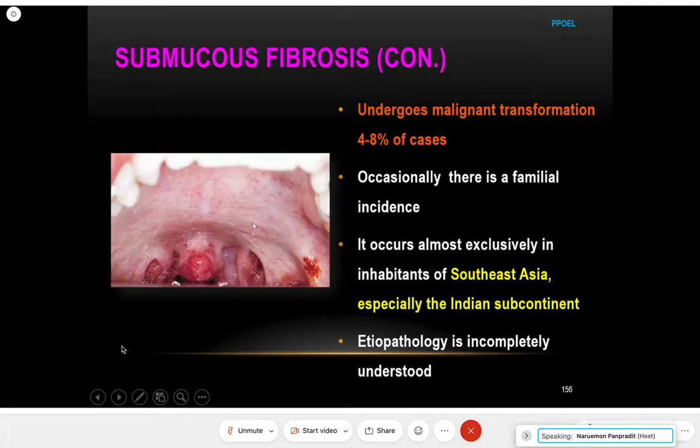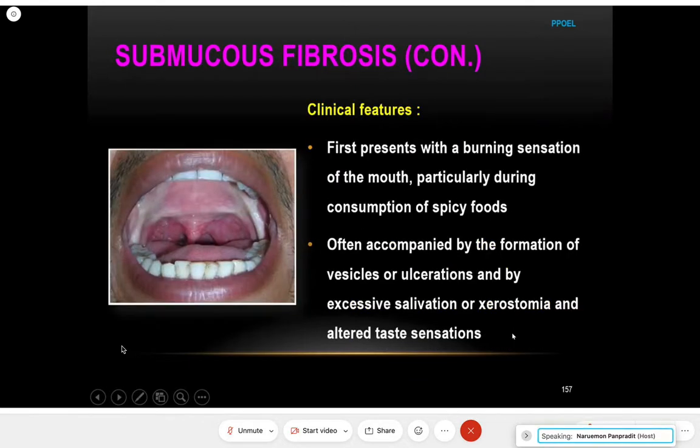This is an example located on the soft palate. It's white and when you touch it, it's firm. Most cases are in Southeast Asia, especially the Indian subcontinent. This lesion is very closely related to betel nut chewing, which is why it is found in Southeast Asia. This is an example of the white